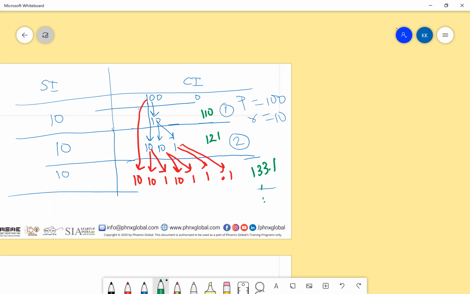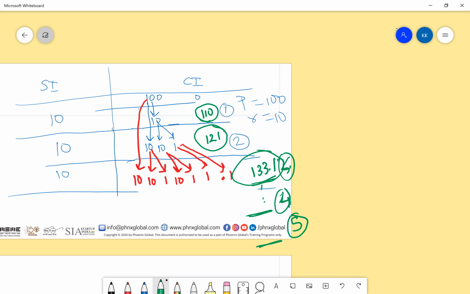Remember this amount. You have to remember it till 1, 2, 3, 4, 5 years, because trust me, if you remember these ratios, what is this ratio? 1.1 times the principal, 1.21 times the principal, 1.331 times the principal. This ratio is very important. Every easy question that you might get will be quite easy for you to handle. You might not have to use your calculators and you can clearly eliminate the options, because various question setters frame questions on similar patterns. Okay, so with that part done, let's move forward.